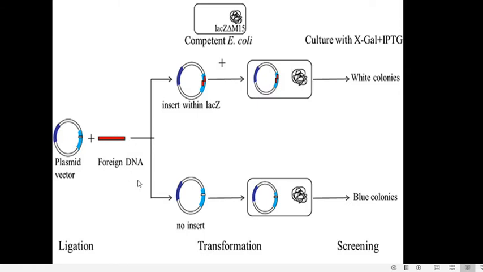But you come to another E. coli host cell where the vector gets inserted, but there is no foreign gene in the vector. This host cell will have omega peptide by itself, and this vector has an intact LacZ' gene which will produce the alpha peptide. So this cell will have a fully functional beta galactosidase enzyme. The recombinant cell will not have functional beta galactosidase enzyme. So this is how you screen them.